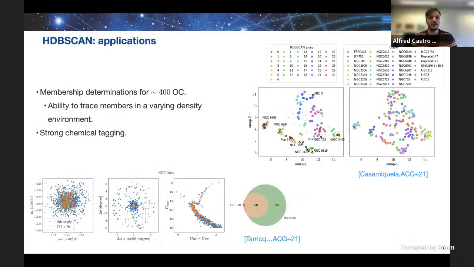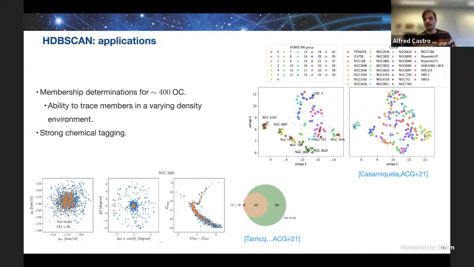Okay, so now our application of HDBSCAN is just to detect new overdensities, but there are a lot of applications of HDBSCAN. Well, this is a version of HDBSCAN that is not limited to this single density threshold that I talked about. So it's just running a hierarchy of density thresholds, but this is at the cost of exploding the false positives in your search, right? But okay, so with this HDBSCAN here on the right plot, we try to